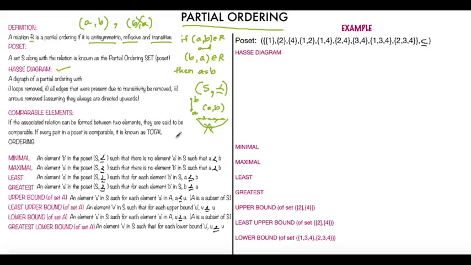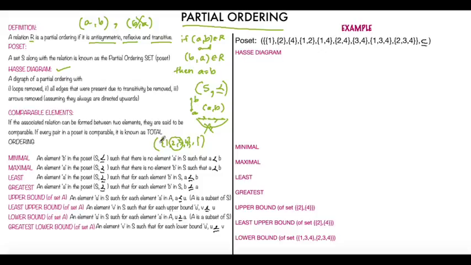So what does it mean? For example, we have a divide operation and the set is 1, 2, 3 and 4. Okay, so this is my divide. So now 2 divides 4, 1 divides 3, 1 divides 2, 1 divides 4, but 2 does not divide 3. So 2 and 3 are not comparable. Okay, so this is what it means. So if in a poset, all elements of the corresponding set are comparable, that poset is